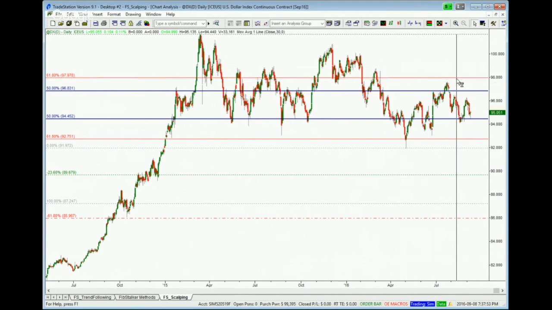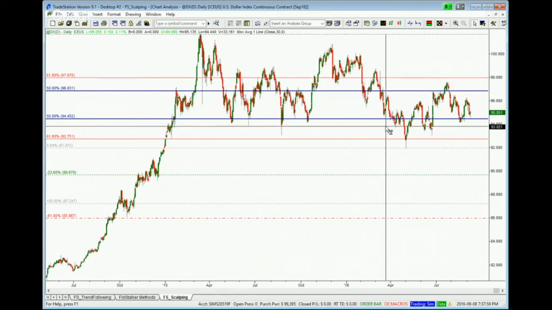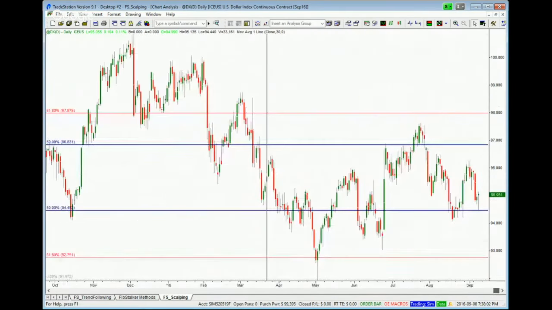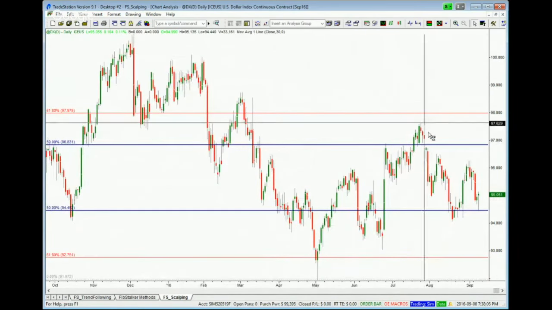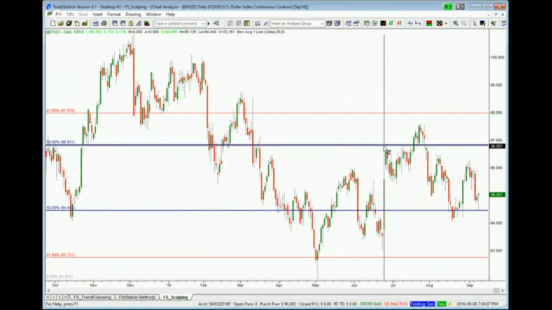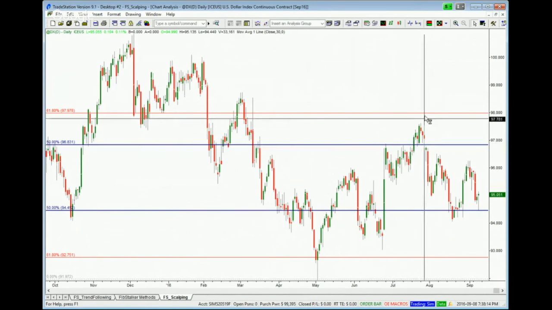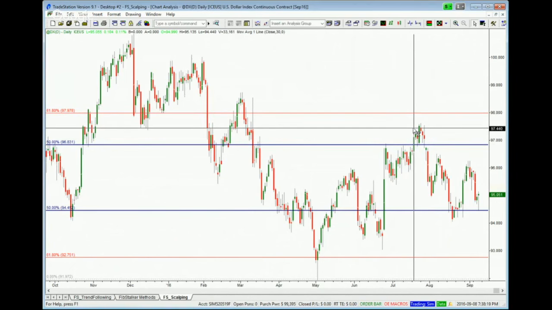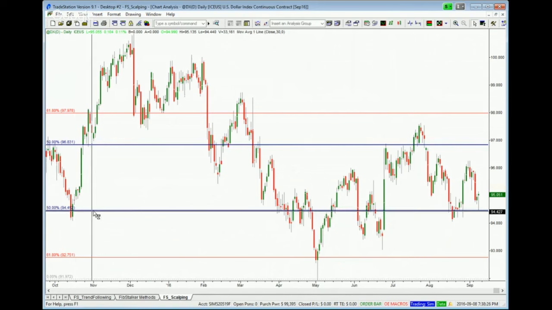As you can see, the 98 level was never pierced, was never even challenged. And this has a very specific meaning for the dollar index in the intermediate trend, because it's showing that bears here are defending this area. They started defending this area almost at the end of June here. Then the price made another couple of attempts to get into this area, but bears said, no way, you're not passing here. Now, the other important development, though, is that once price came down again into this 94.50 area, we start seeing